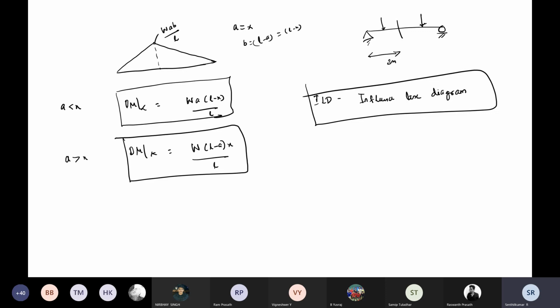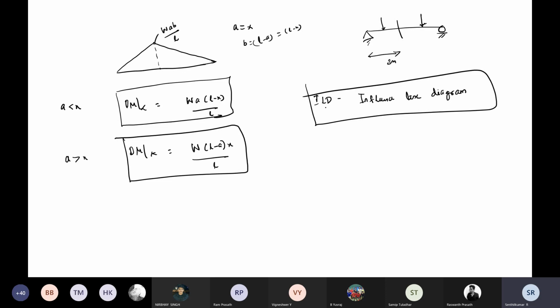An influence line diagram is for a beam, determinate or indeterminate, whatever. I forgot to say that in this semester, even though the title is analysis of indeterminate structures, this ILD is only for determinate beams as per the syllabus. In advanced structural analysis you can learn it for indeterminate structures. This semester we are discussing determinate beams only for ILD.